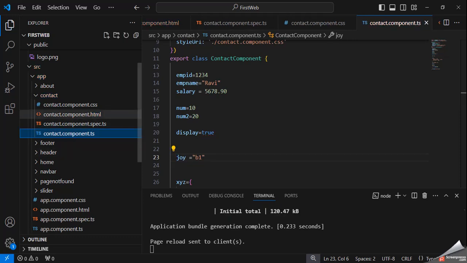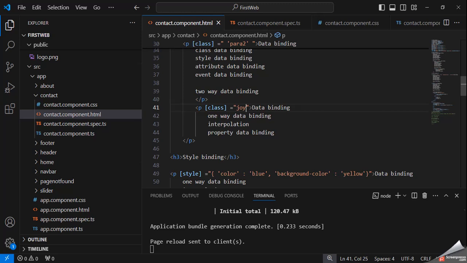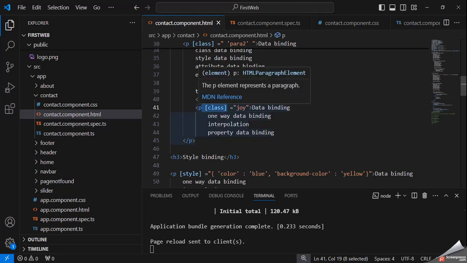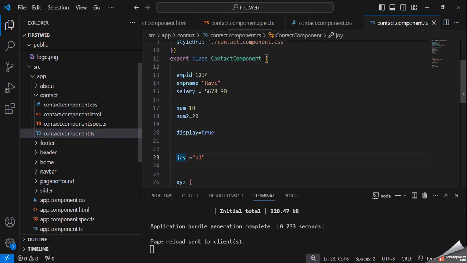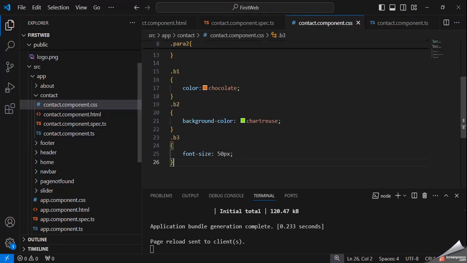Okay, so joy is equal to B1. So here we can specify class in square bracket, and here we can specify that variable joy, and joy is equal to B1, and B1 declares here the color of text as a chocolate color.